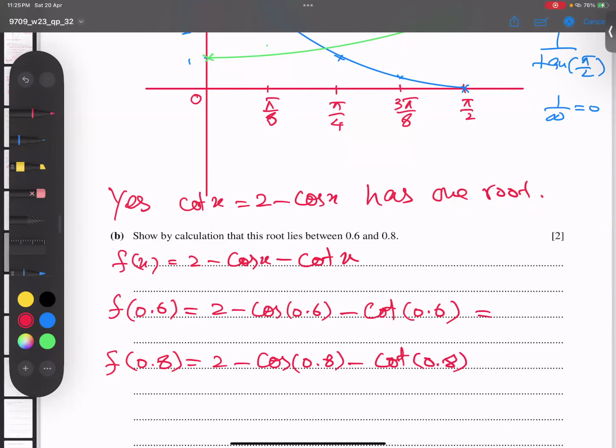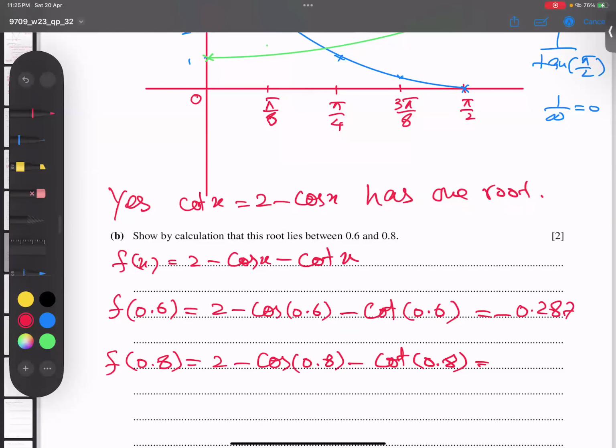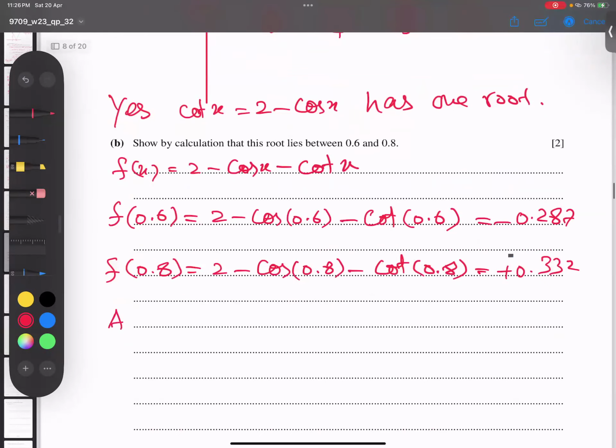So I'm going to type in the calculator, students, but make sure the calculator must be in radian mode. So 2 minus cos 0.6 minus cot, which is 1 over tan of 0.6. My answer number 1 is coming negative 0.287. And now same story, I will do it with 0.8. When I typed 0.8, I got a positive 0.332. You know what, students, what the right statement is here, because look at the sign changes. As the sign changes,